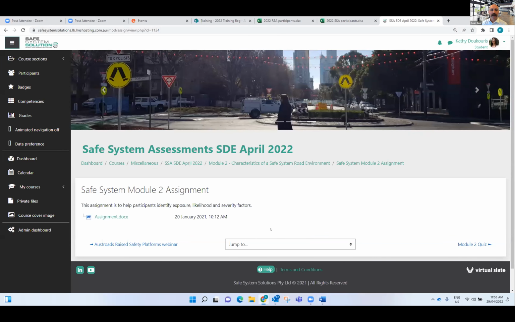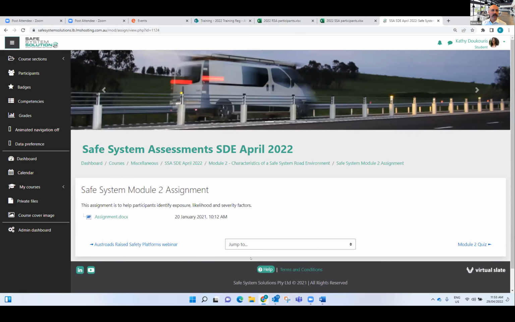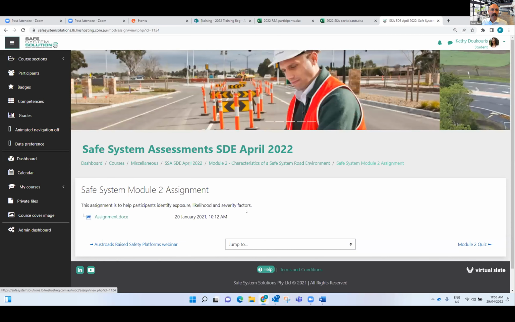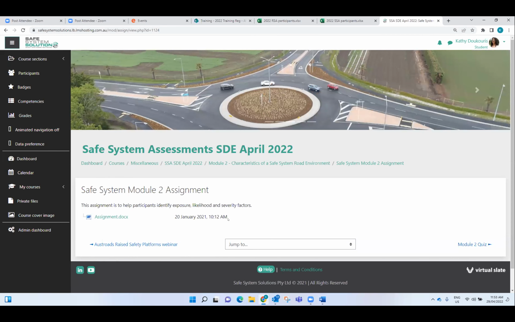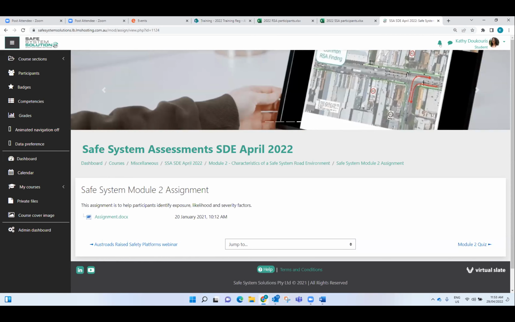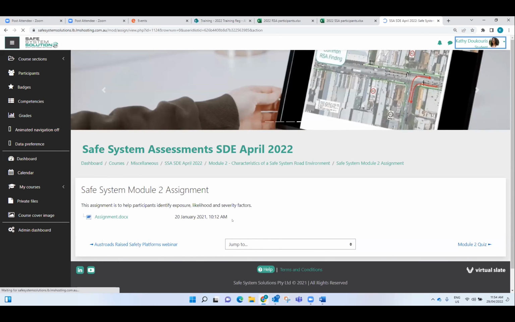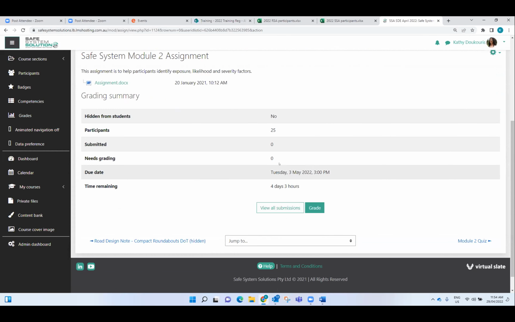And there's an upload button in your version. Kathy, I think it's in the teacher version. Oh no, in the student version. It's just not there yet. And then you upload it, and that's it. When's it due? It's due next Tuesday afternoon. For some reason it's not coming up in this version, but here we go. So yes, Tuesday, before the next session, which is on Wednesday morning.